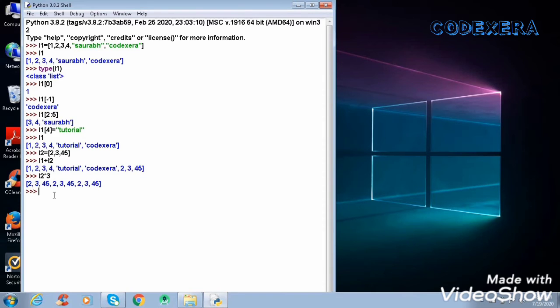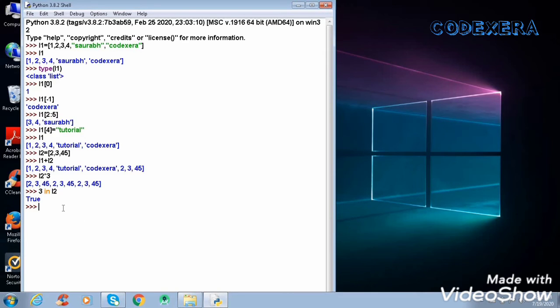You can also check membership. For checking membership we use the in and not keywords, and we can also iterate over the values. I will show you both. I want to check membership of 3 in this list. 3 in L2 says True because 3 is present in this list.